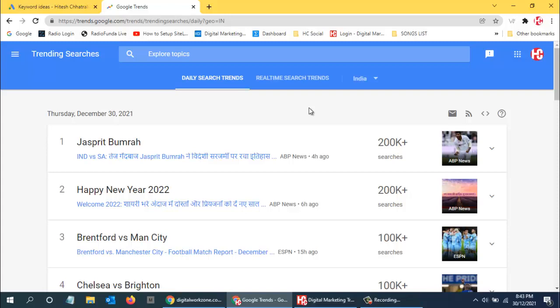When it comes to research, however much research you do, it is less. But there are certain tools, like Google Trends, which we are using here. It has some automation process wherein we don't need to come over here. Without coming on the website, how will we get to know what is trending in which part of the country, or in our country, or which topics are trending? If I have some topics and want to know what is trending in that particular topic, how will we get to know if I don't come to this website? So we have some automation over here.